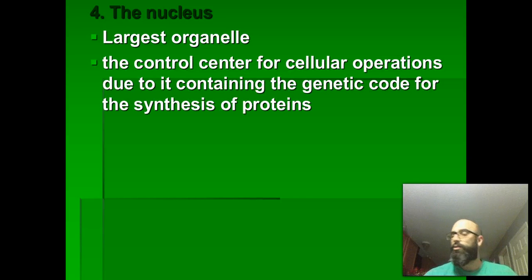So it is the control center, and by control center I simply mean that it holds the genetic code which is used for the synthesis of proteins. I know in biology we went over transcription, translation, and all that, so I'm not going to dive super deep into it like we did before. But you still need to know how we go from the DNA within the nucleus to the way you look, the way you act, the ability to process lactose. All of these things come down to the genetic code within one single cell or within all your cells.